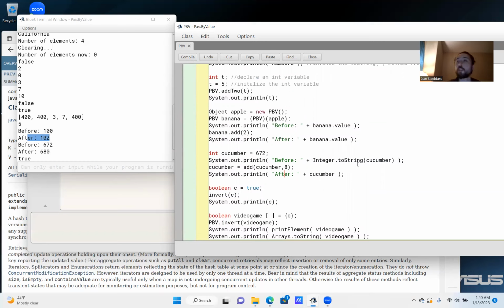So remember, we were talking about implicit casting in like lesson 7, way at the beginning, but we said that if you combine an int with a string, the int is actually going to be converted to a string automatically. So you don't have to write Integer.toString of cucumber, but you could. And this is what's happening automatically, but this would be like an explicit cast, even though the implicit cast would have happened anyway. But then what you're going to do is you're going to say cucumber equals add of cucumber